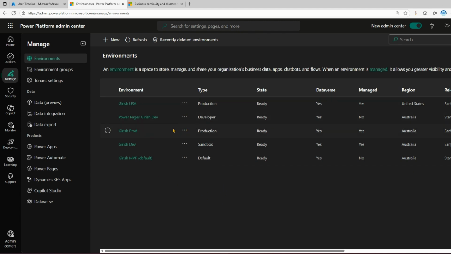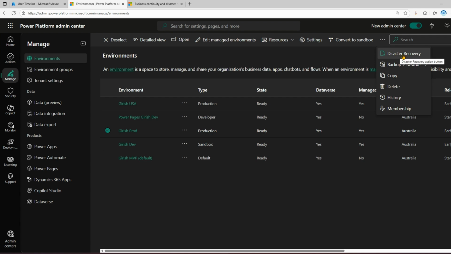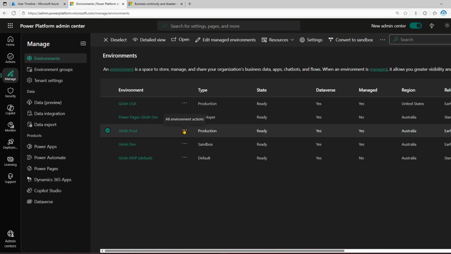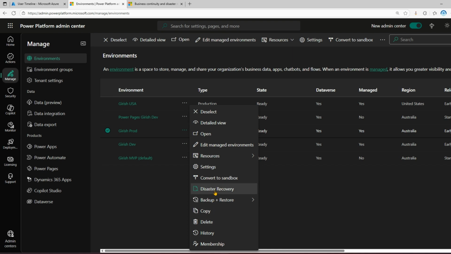But if I select an environment of type production, so I've got two production environment types over here. If I select the production environment type, I go into the three dots, and I get an option of disaster recovery. Or if I click the three dots over here, I'll be able to see an option of disaster recovery. Now I'll click on disaster recovery over here, and then it will ask me to set up a pay as